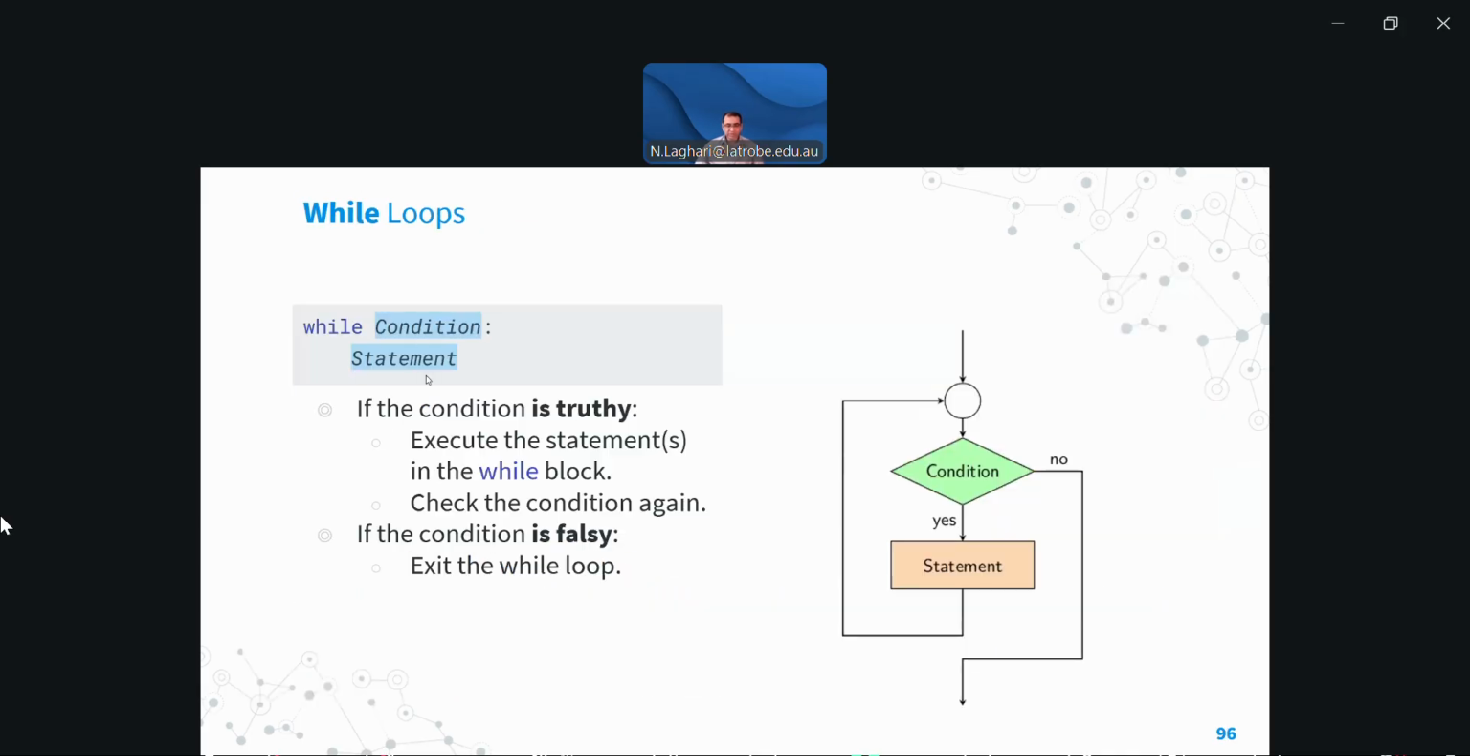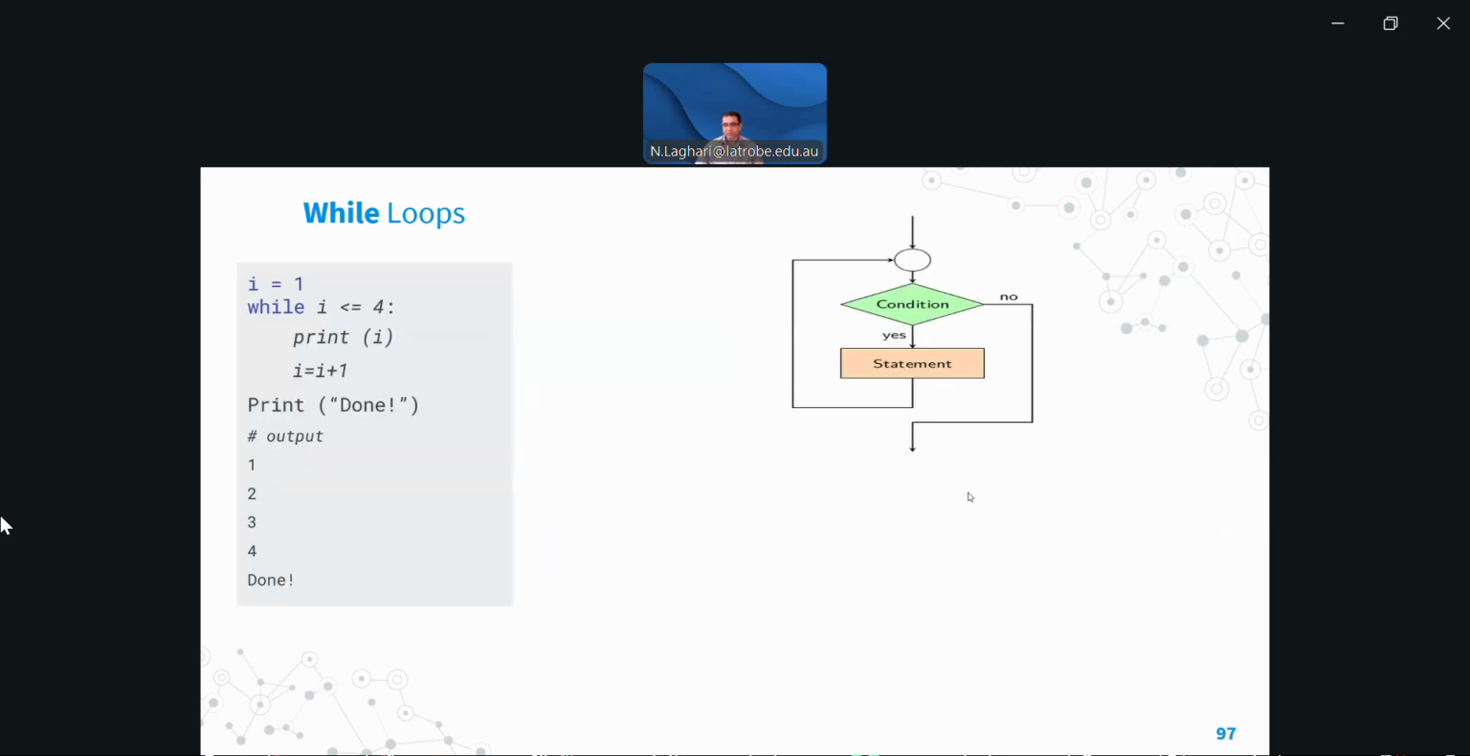So here is the structure of the while loop in terms of a flowchart. It looks like this. Now, here is a small code. We say that i has been initialized as 1, and our condition says that if i is less than or equal to 4, then print. And then after the print, we say increment i by 1. Okay, so you see that it keeps printing